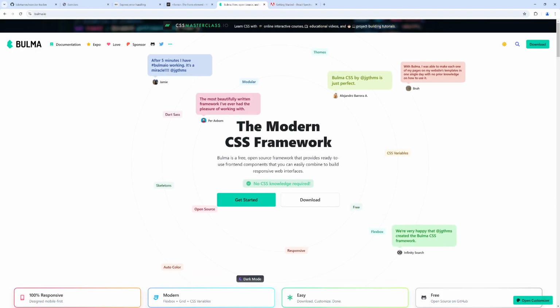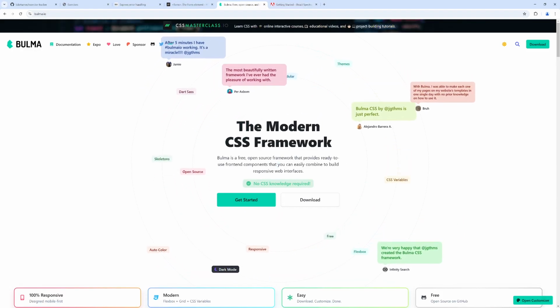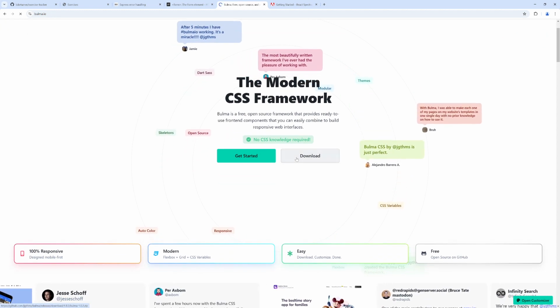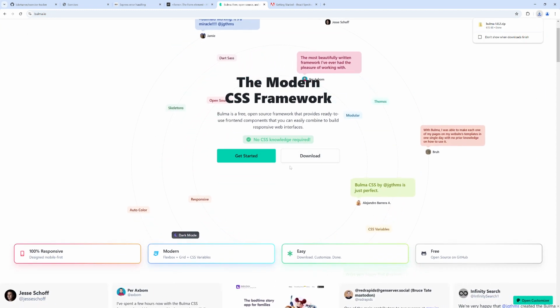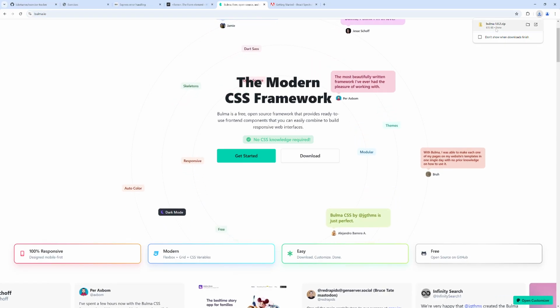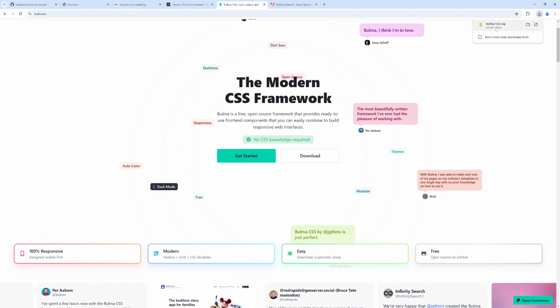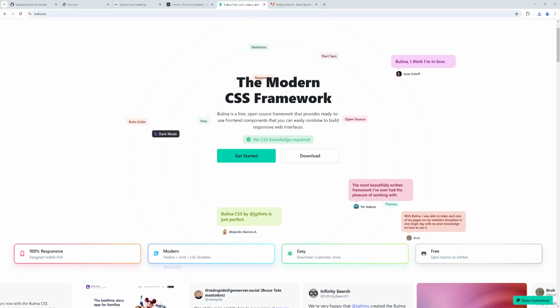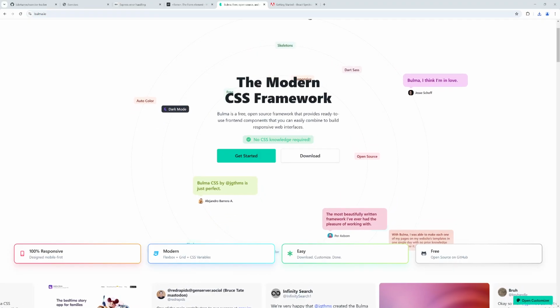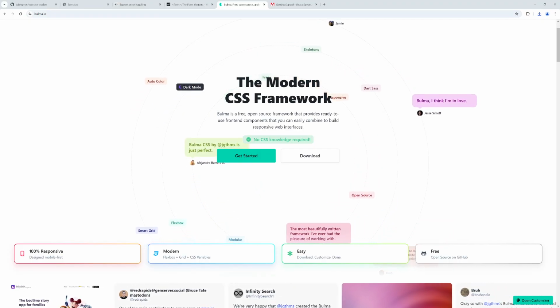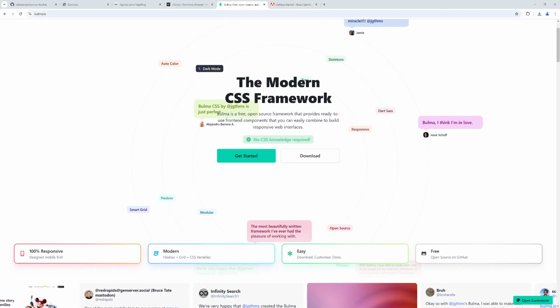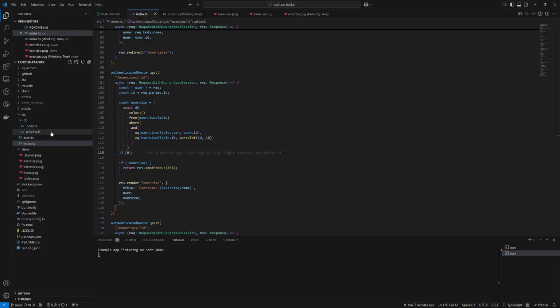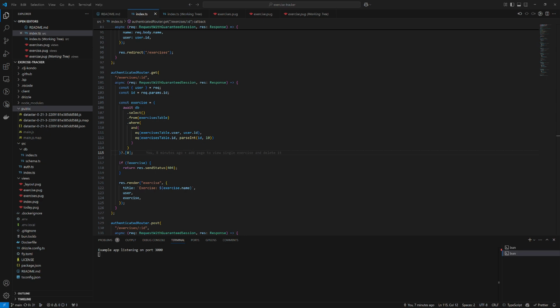Bulma, on the other hand, is an example of a framework where it's basically CSS only. Like if we go to download here, let's see what it has to say for itself. Okay, it just downloaded a zip file. We open that up in my other monitor here. We've got some things. So in our public directory here, this is where we're putting our static assets. I'm going to move these